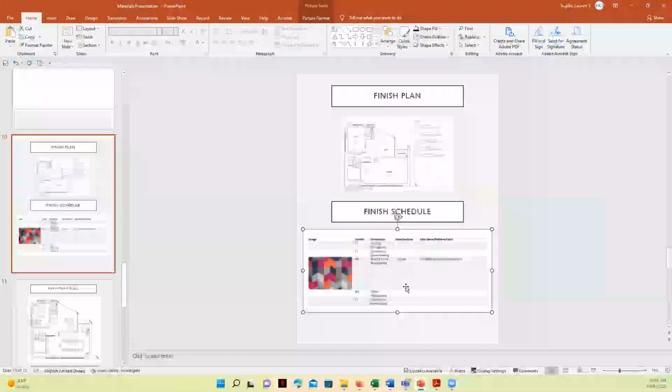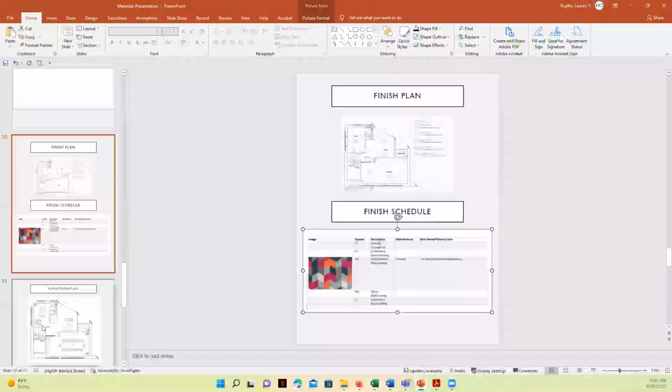Now, although there is some visual information that might be understandable to the client, the drawings on this slide in particular are communicating to the installers and the contractors where materials are going to go and what the materials are going to be, so that the design team can calculate both the cost of these materials as well as the cost to install these materials.